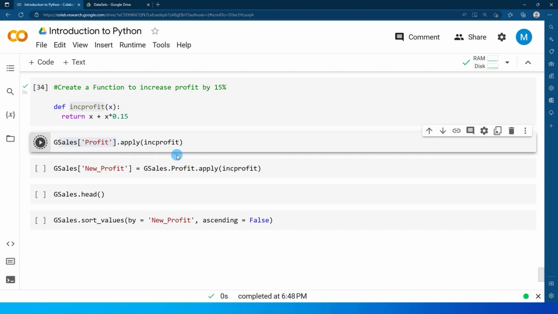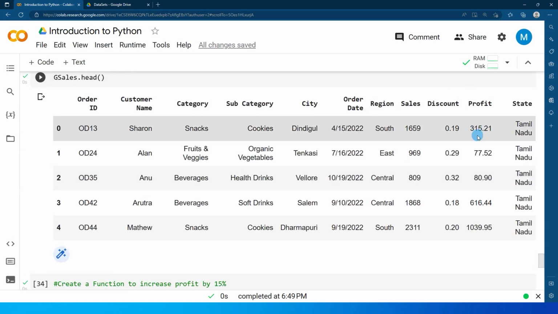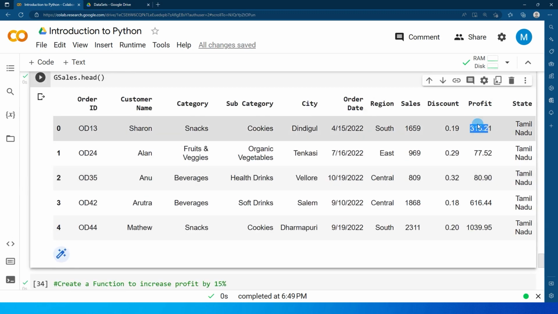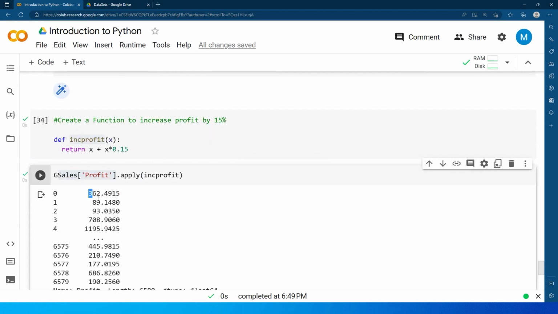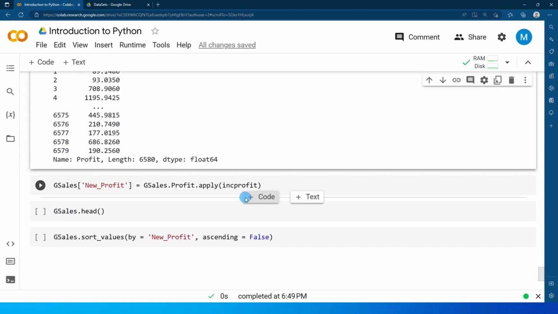So when I run the cell over here, you will see that this has now added 15% of my profit to this particular cell. 362 is my first value over here. So if you look at profit over here, it is 315. When you add 15% to 315, the value is 362. So this particular code has only returned the values, but this has not saved anywhere or overwritten the data frame. So if you want to add a new column, I can simply pass in the data frame